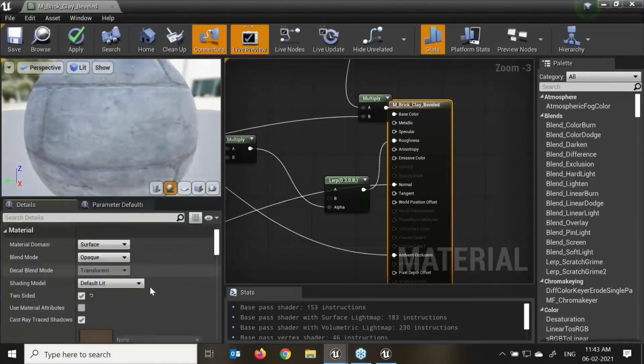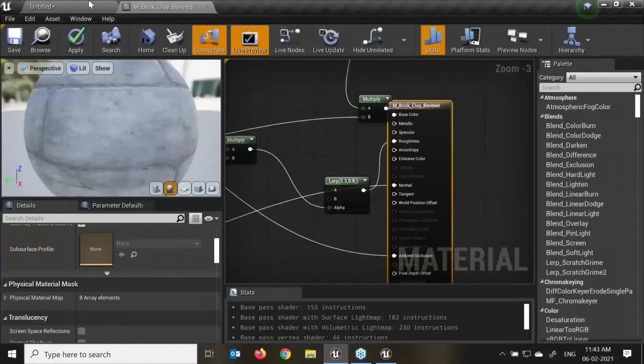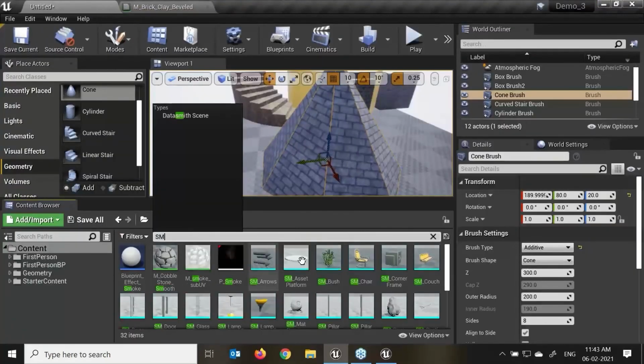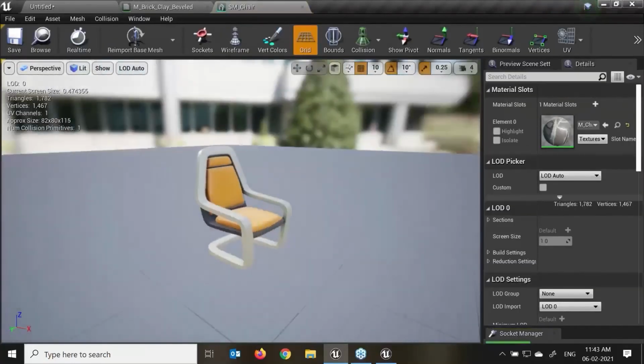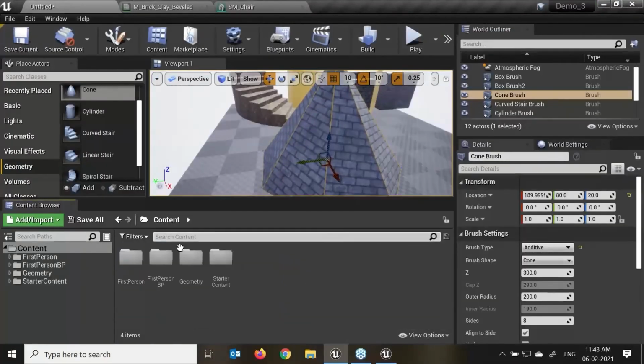I will explain all the properties in more detail in the material editor. If I want to edit that particular material, I need to double click on it so I'm able to open that material editor slot. And if I want to edit my static mesh over here, double click on that object. Again, this will open my static mesh editor. There are different properties in a static mesh editor. We can play with the collision property and the level of detail property. So there are multiple ways. Slowly we will start to work on that.